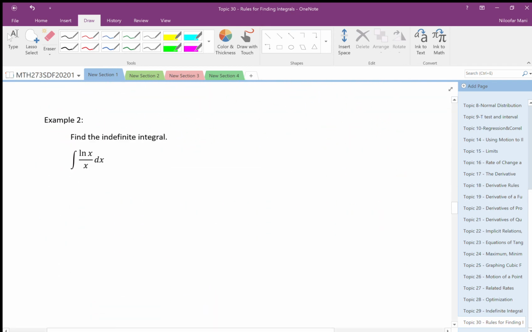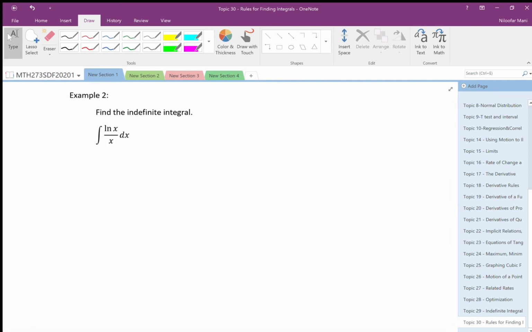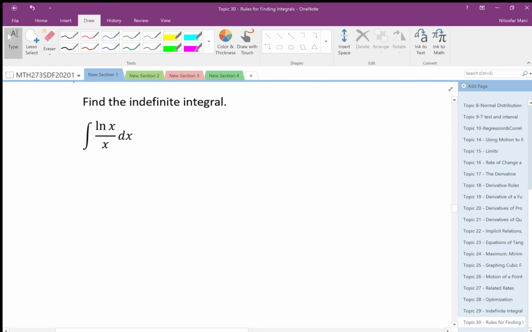So how about this one here? What do you notice when you look at this? You notice this. What is that? This is the derivative of ln x. Oh, perfect. So what happens if I do u equal ln x? If u equal ln x, du is dx divided by x. What is dx? dx